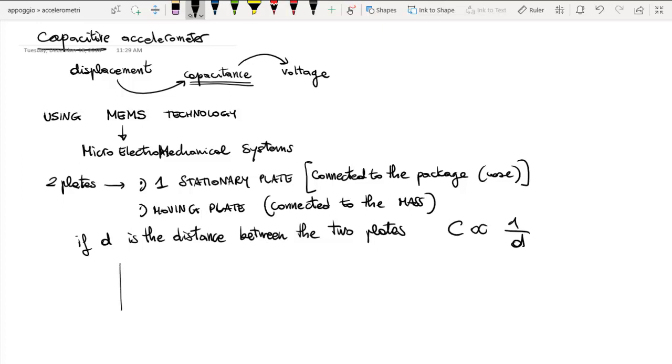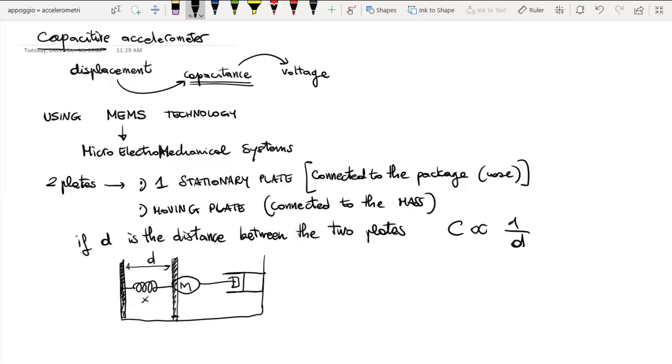So basically, if I make again the drawing that I made before, you need a stationary plate that is here, and the additional moving plate that is somewhere here. So x in this case is also the distance between the two plates. Of course, this is just a concept of the operation. In practice, things have to be shaped differently.